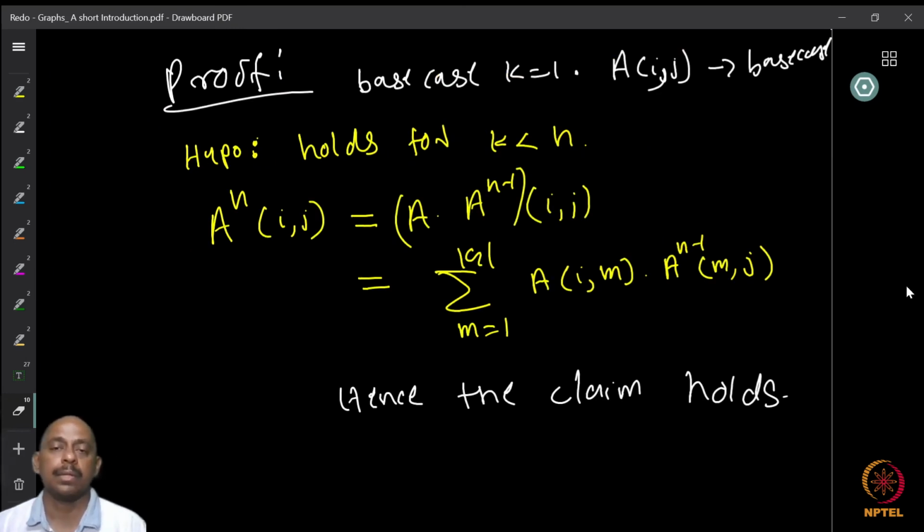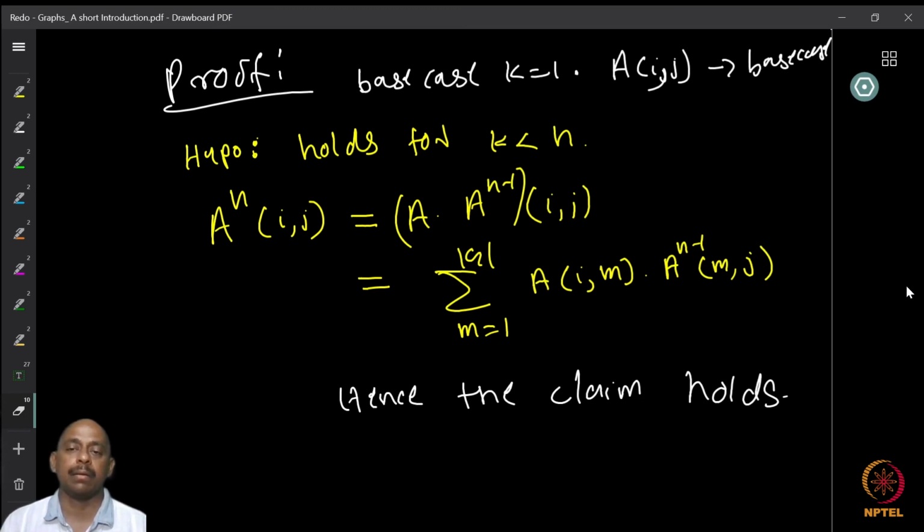Now here is the proof. We use induction on the value of k. The base case is k equal to 1, because I start with the adjacency matrix, and the base case is clear because the ijth entry is defined to be 1 in the adjacency matrix if ViVj is an edge in the graph. So if there is an edge, then it's equal to 1, otherwise it is 0. So therefore the base case is clear. The non-zero entries are precisely when there is an edge, so there is a path and there is precisely one. There is an edge, only one edge.